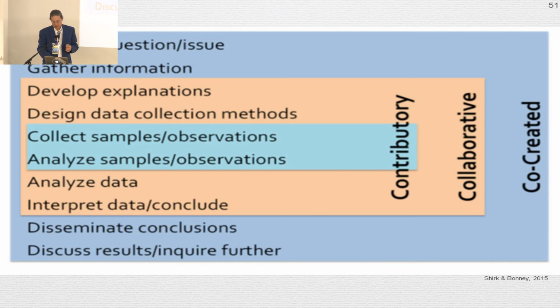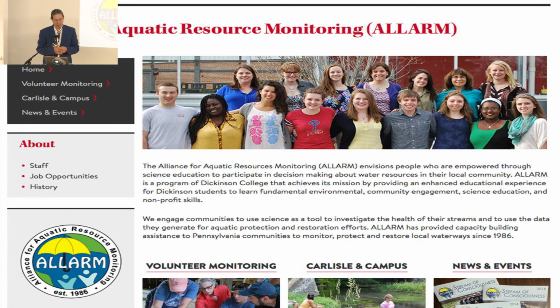There are a number of citizen science projects that really are a lot more co-created. There's a bunch, for example, around water resource monitoring, like this one here, in which groups are using the science to solve local problems. So for example, in this case, they're using scientific techniques to monitor the water quality in their area in order to be able to understand what kinds of threats the water faces and what you could do about it. But the control in this case really is with the volunteers instead of the scientists. But the thing is that these are not really advancing science, so it's a very different kind of impact.